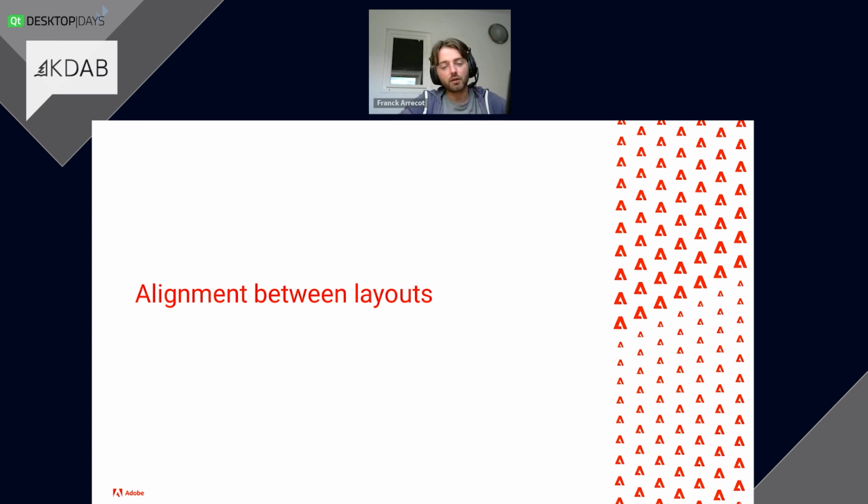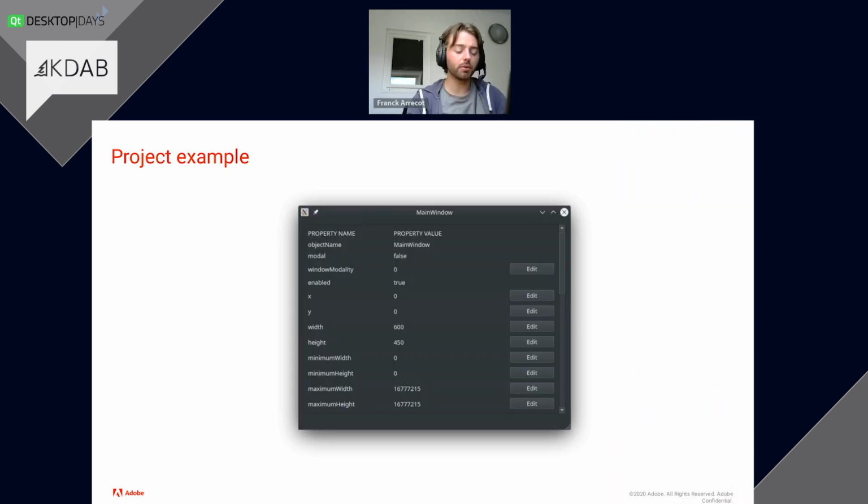Now the other thing you can have as an issue, or thing you want to tackle, is how to align different layouts. So what do I mean by that? In our current example, we have the header here, which is basically, as we've seen in the code of the grid, the first row of our grid layout. But if it's done this way, when I'm scrolling the scroll area here, I would have the content going up and the header not displaying anymore, which is not nice.